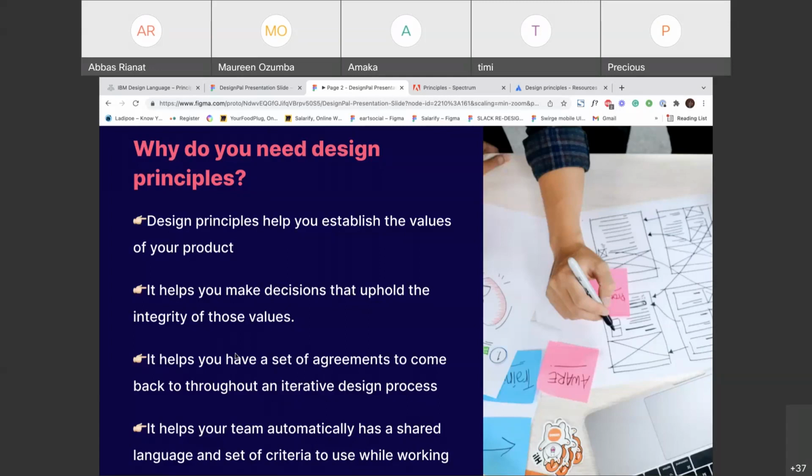And if new team members and stakeholders come into the project, let's say months or years after the research was done, the design principles would help them ensure the original intentions and the needs of the users are documented. Do you get? Even if you have a new team or new stakeholders, they can always go back to that document to read what the research and the design principle is all about. And